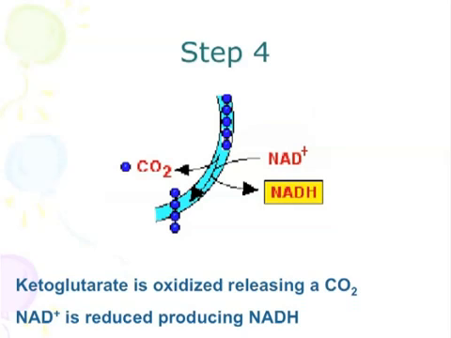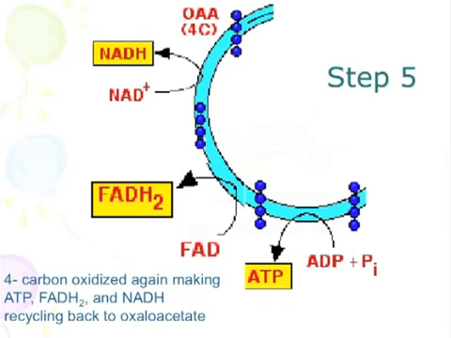So if you're counting carbons, you'll realize we don't want to lose any more carbons. So from here until the end, all we're going to be doing is reducing NAD plus or FAD or other things in order to oxidize the 4-carbon compound to bring it back to OAA. So step 5, as I said, the 4-carbon is oxidized, making your ATP, your FADH2, and your NADH, and it